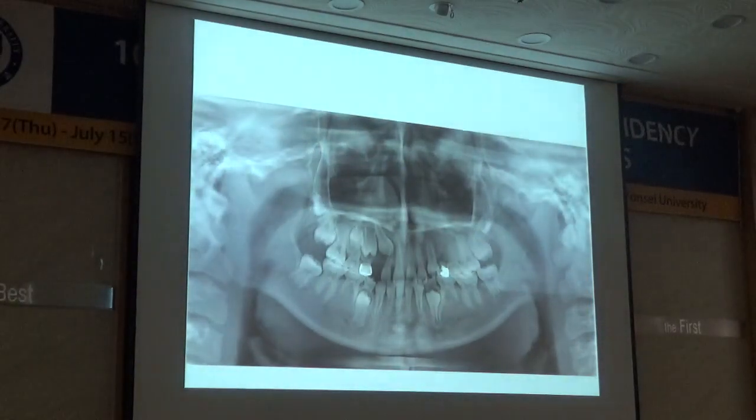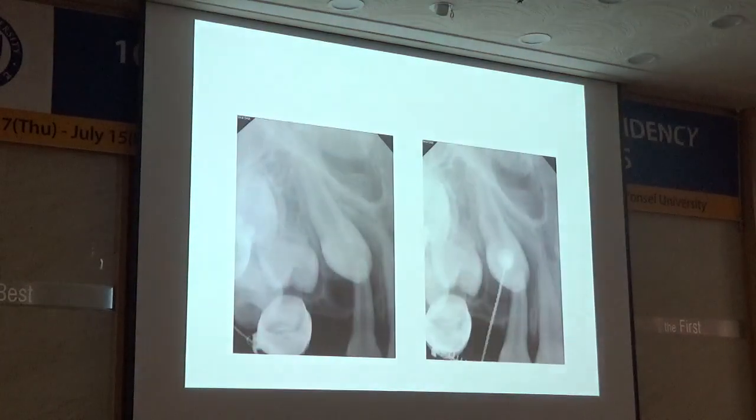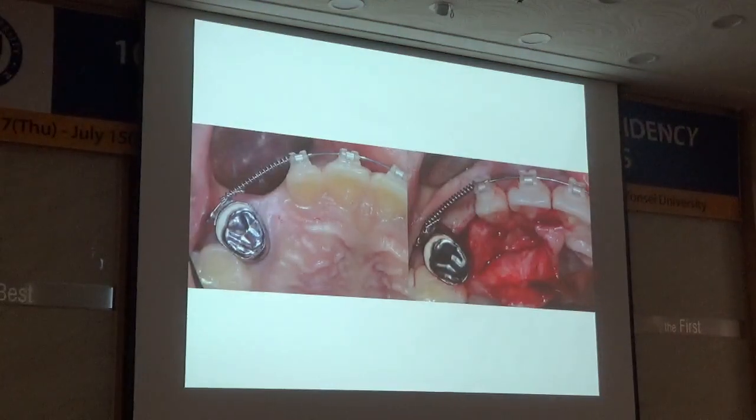And the final case is the palatal infection. Palatal infection is a little bit difficult because the palatal flap is very hard to raise, and the position is not so good. Sometimes the dentist has very severe pain on the neck side, so we have to extend the patient's head to the distal side. After making the